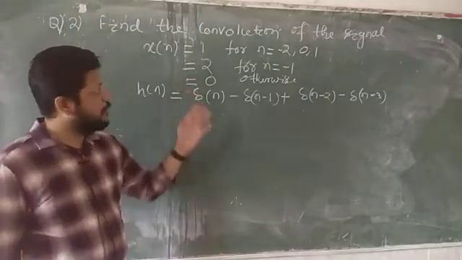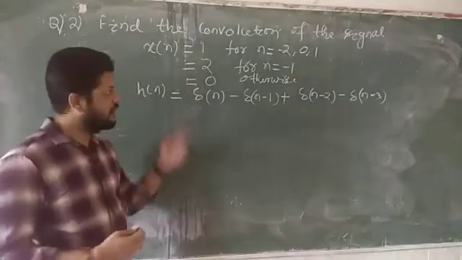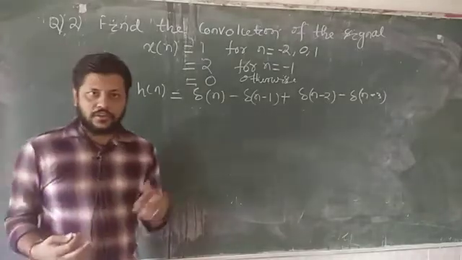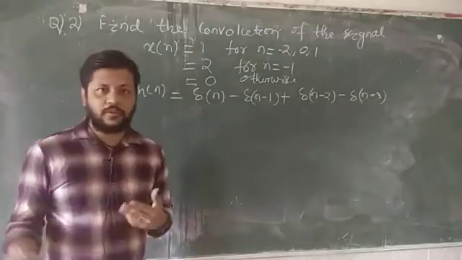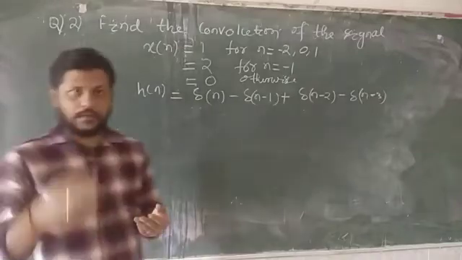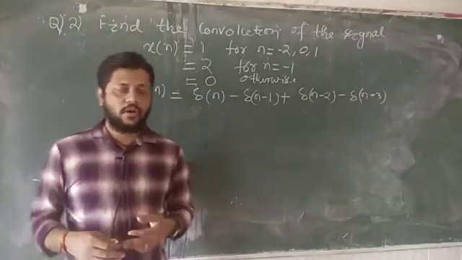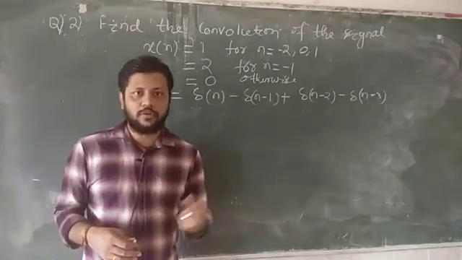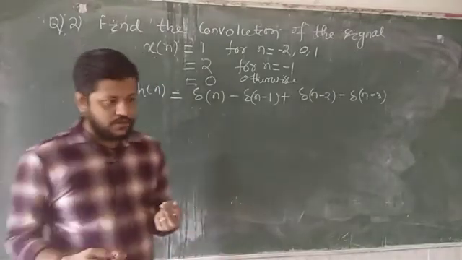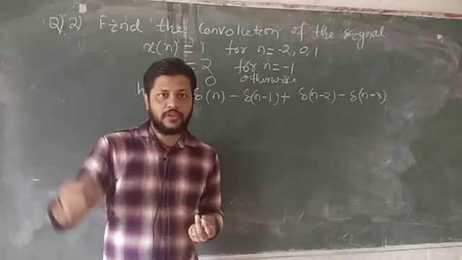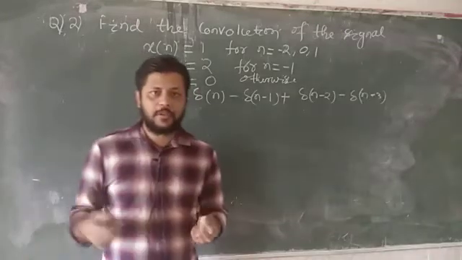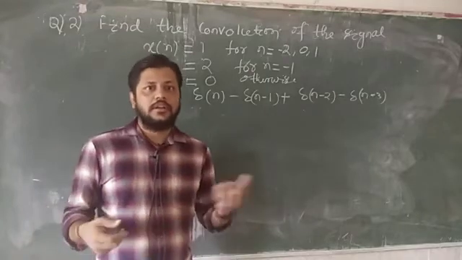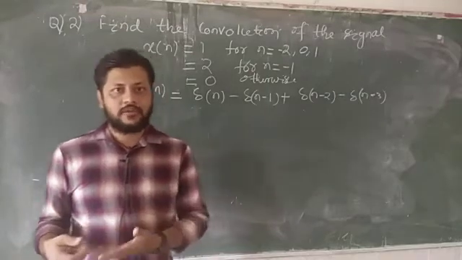So whenever this type of question is given, first you have to write it in the sequence form. Obviously both the signals must be written in the sequence form. After that you have to put the arrow mark where the origin starts, because in the last class we made two observations: if x[n] consists of L number of samples and h[n] consists of M number of samples, then the output consists of L plus M minus 1 number of samples.